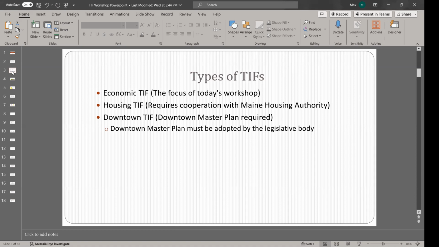But to answer your question on the downtown TIF, yes, if you have a downtown master plan, and in Wiscasset, I would really, really hope Wiscasset does have one because this will be a big thing. So you can create a TIF district. I'll get on it when I'm done telling you about all this. A downtown TIF is very unique. You would create a TIF district based on your master plan. This means you don't have the same restrictions as any other TIF.